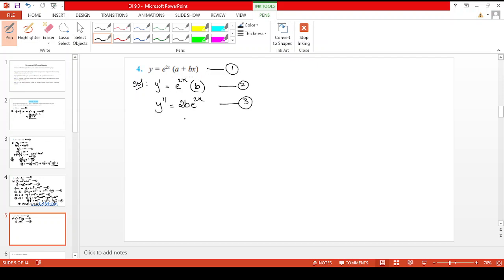Just a minute here. We forgot to do the differentiation, because here this is a function of x, this is also a function of x. So the product rule we have to use. I'm sorry. So first time this differentiation is over. Next, e power 2x differentiation is 2 into e power 2x into (a plus bx). Okay, so this is y dash is equal to